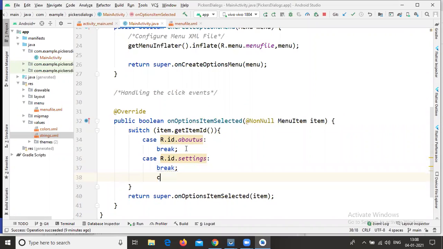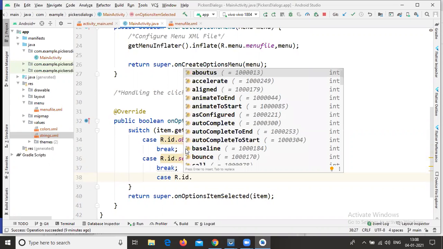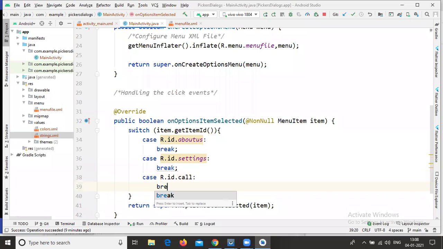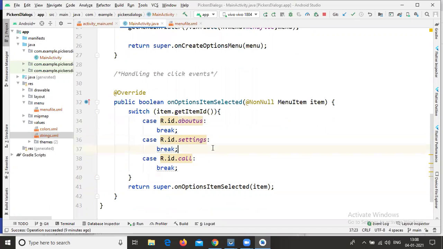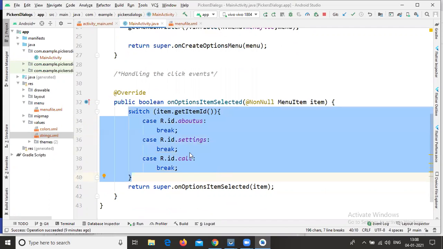In the same way, here I can write one more case, R.id.call. Okay, now this is the way you need to write the cases. Now the click event is completed.